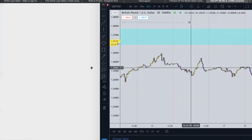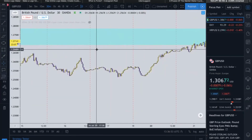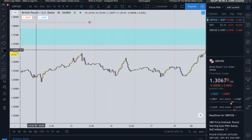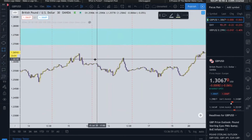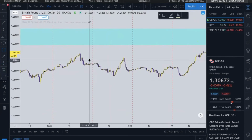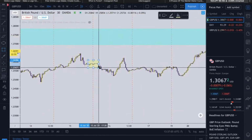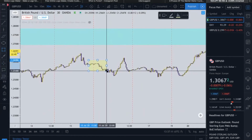So now what I want you guys to look for is this exact cycle I'm talking about. I trade one pair, which is GU. It's all I trade. It's all you need to trade. One pair a day keeps the bills away, okay? So we're going to point out our Asian session. Here's our Asian session,